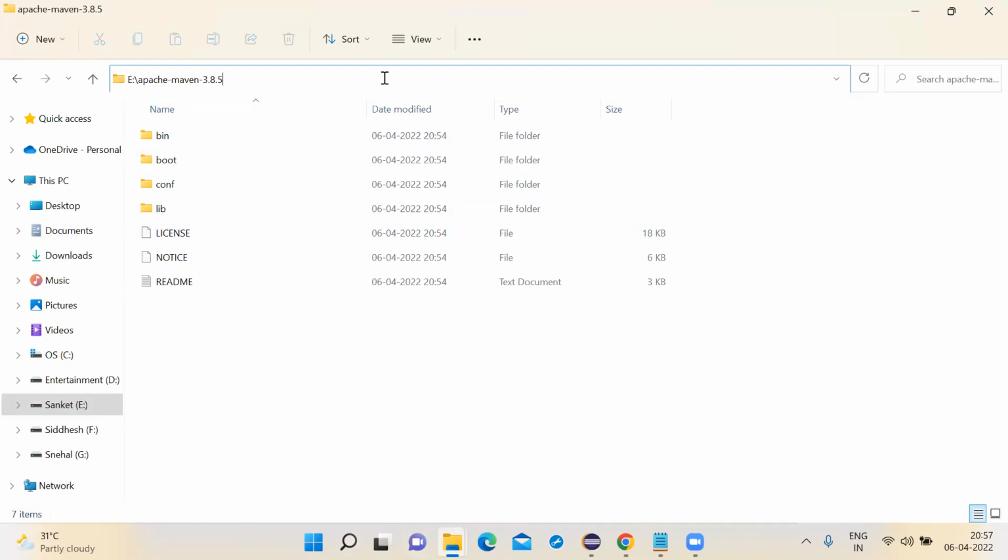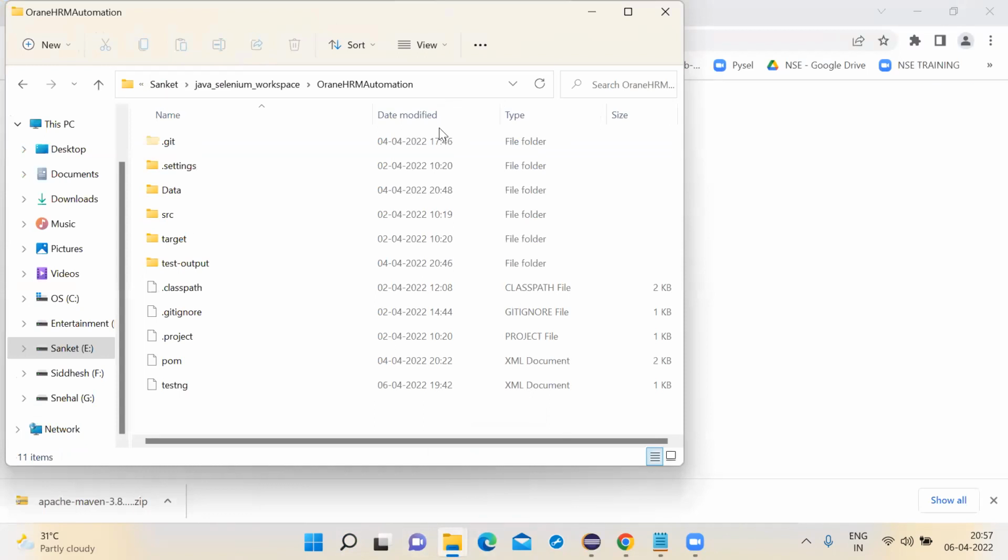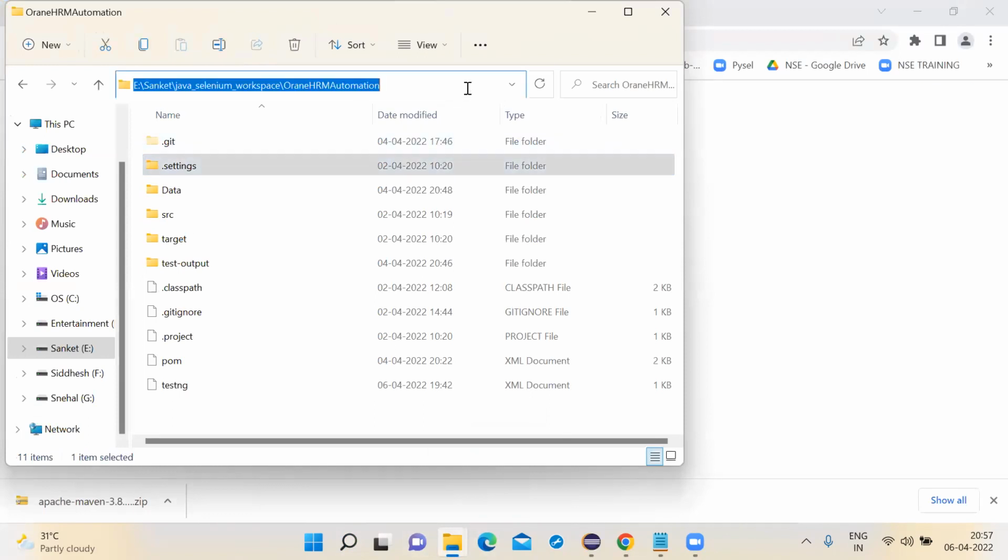No, not this one, close it. Our project we need. Close this folder. Click in the address bar and type CMD. Enter.